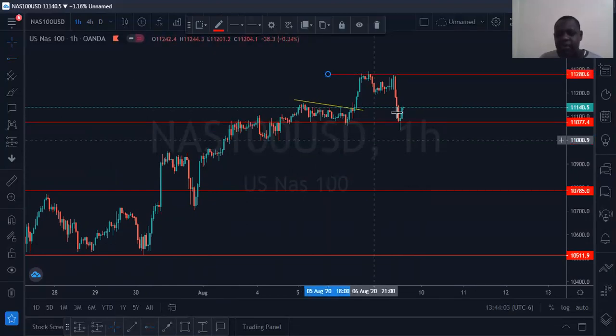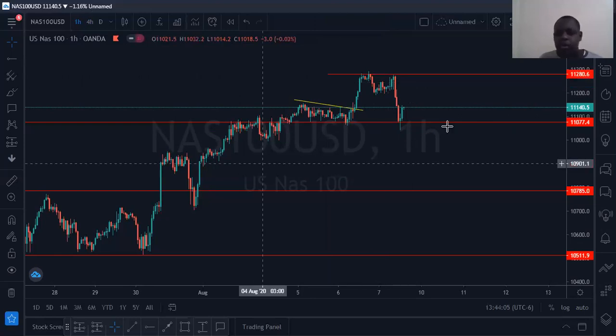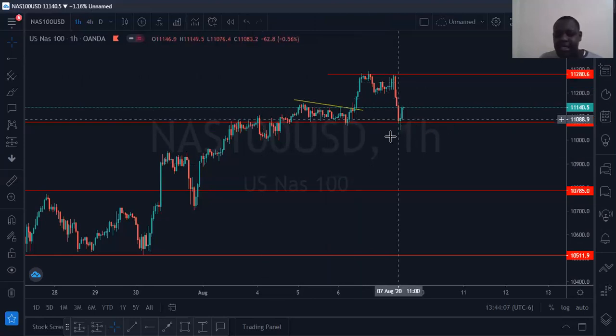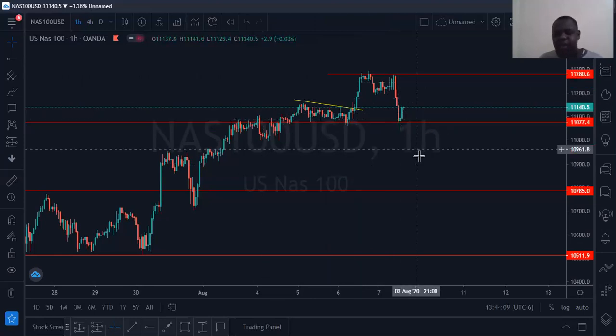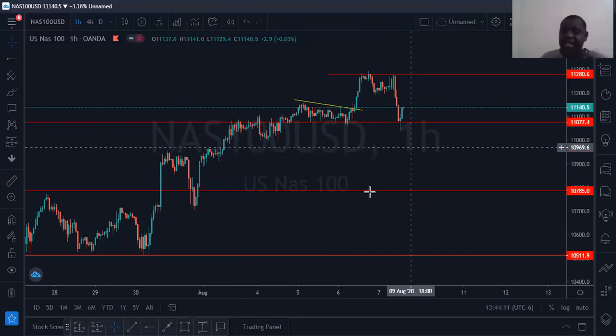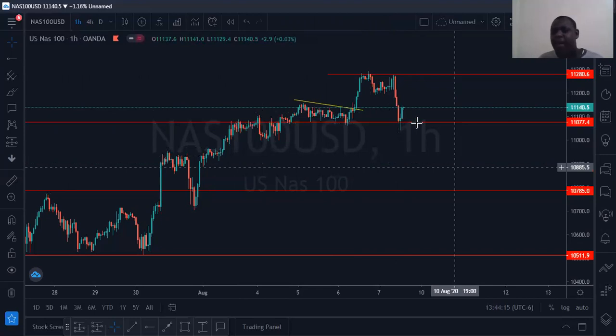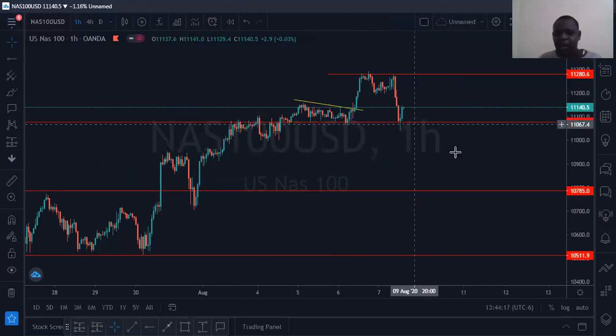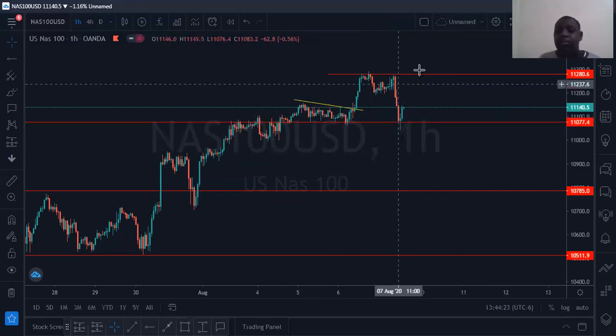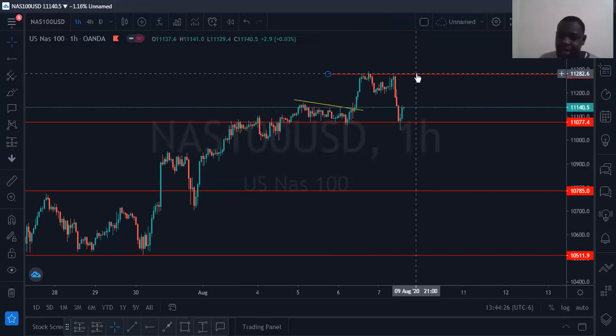It created a double top. But we're looking at the market that it rejected this place. On H1, you can see it very properly. The market rejected the key level, giving us more buying momentum. Then with my experience, I see that with this rejection and the market going up, it will pass this level, it will pass this key level.